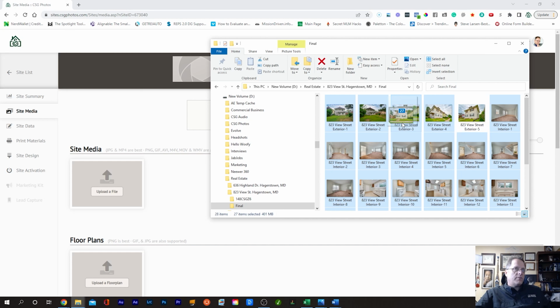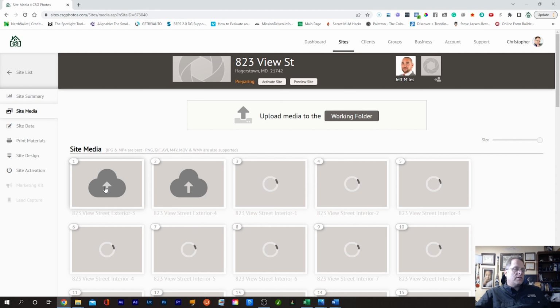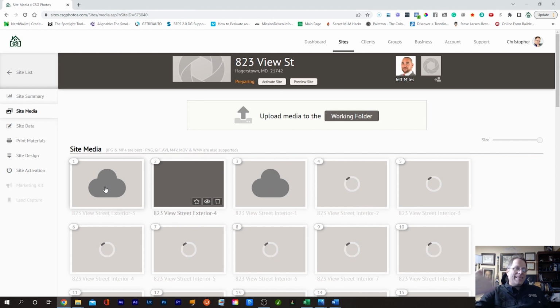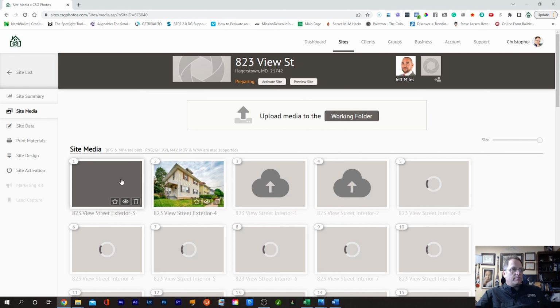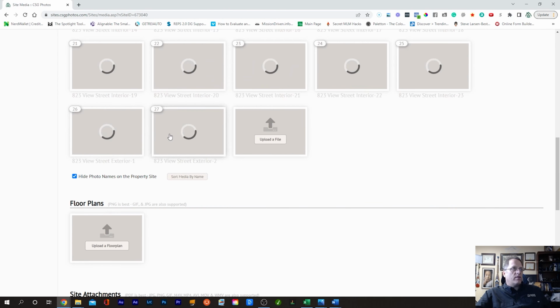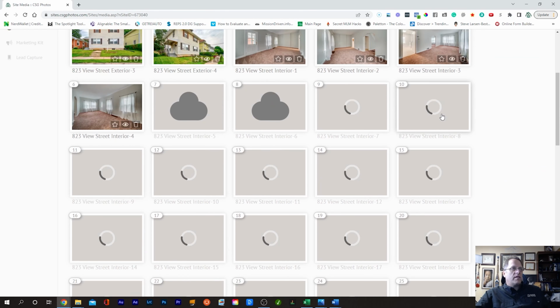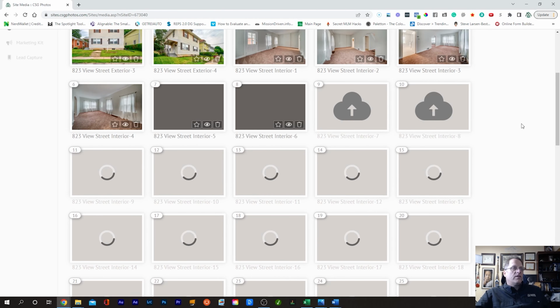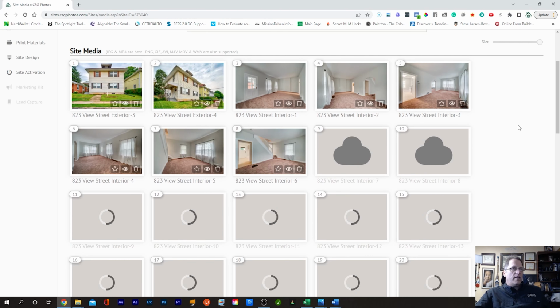And the first image that will pop up is going to be the front of the house instead of those two back images, and it will move those to the end of the listing, and they'll be down here. The last two are these exteriors. So it works out perfect to feel like you're doing a walkthrough of the home. You've got the front of the house, you've got the front door here, and now you're inside the front door, and then it shows off this living dining space. And then we move into the dining room, into the kitchen, upstairs like that. So it feels like we were walking through the house